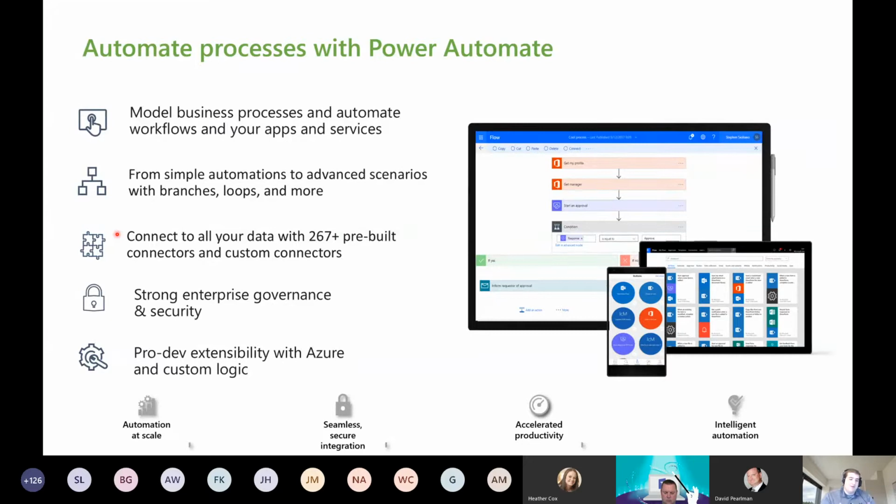A lot of times, if you've worked with workflow platforms in the past, if something happens, you have to be embedded with that platform to be able to participate in that process. But with Power Automate and Microsoft Teams, which we'll talk about in a little bit, that isn't required. You can build out processes and flows that do the work, but then surface in ways that are comfortable or intuitive to the user. You can have your approvals be all through Teams. You can have approvals go through email so it can be one click. Things that we couldn't necessarily say in the past are now capable with the tools that we have in Power Automate in Microsoft Teams.